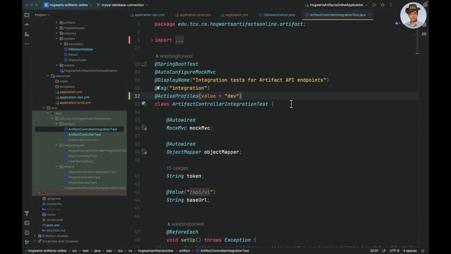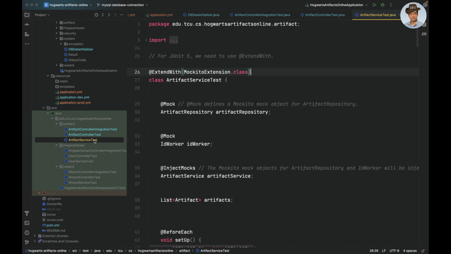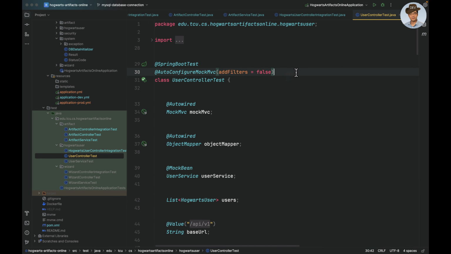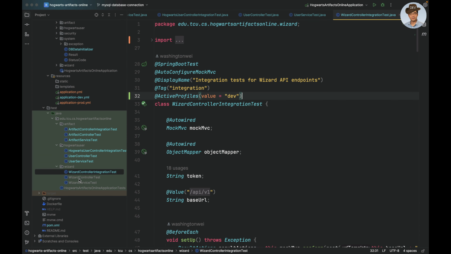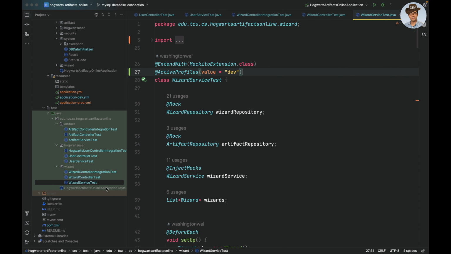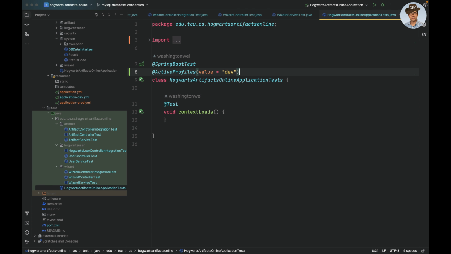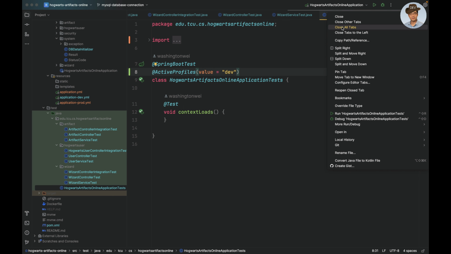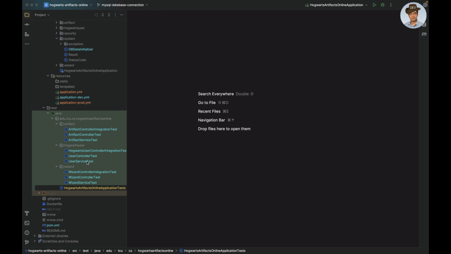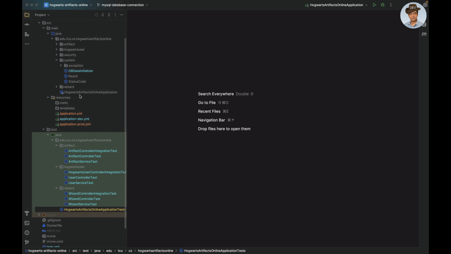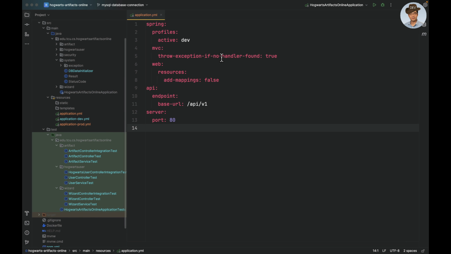So next, let me put this annotation to the 10 test case classes. And don't forget this one. Okay, let me close all of them. Let's do a simple test. Okay, now remember, right now the active profile is dev. So if I launch the program,